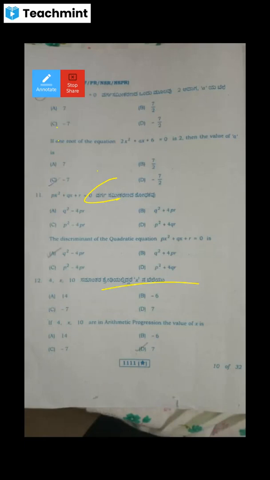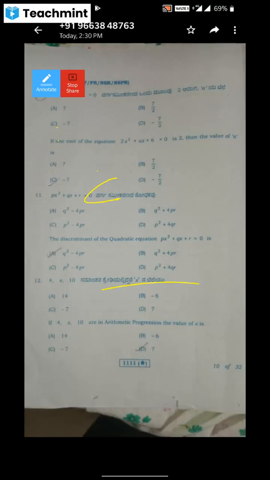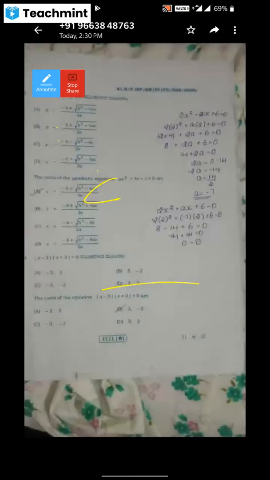Common difference is 3, which means if you add 3 to the first term, you will get the second term. So 4 plus 3 is how much? 7. So option D is the right answer. For the 12th question, option D is the right answer. Next,